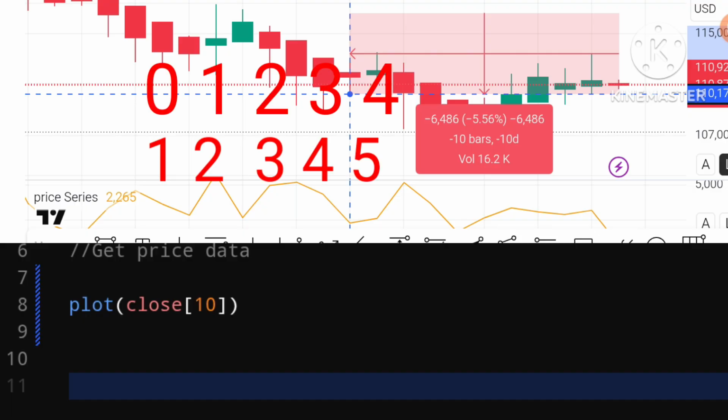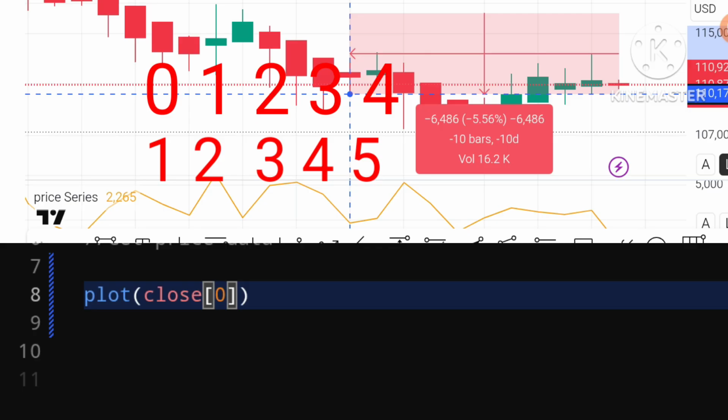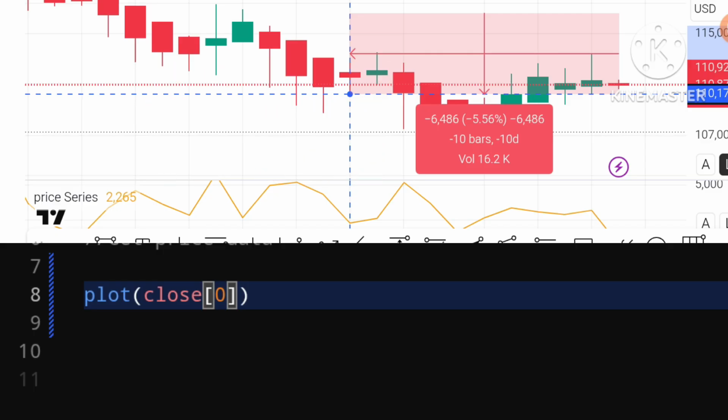So we have 0, 1, 2, 3, 4, and so on. 0 counts as 1, and so you pretty much have to shift everything up a number when dealing with indexes. And that is what this is. This is a bar index.